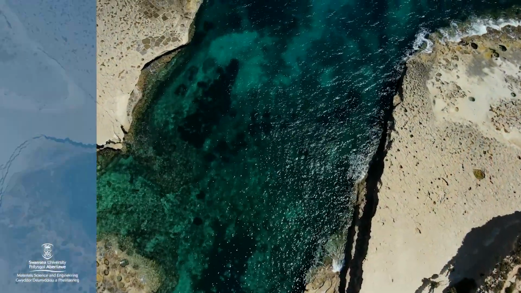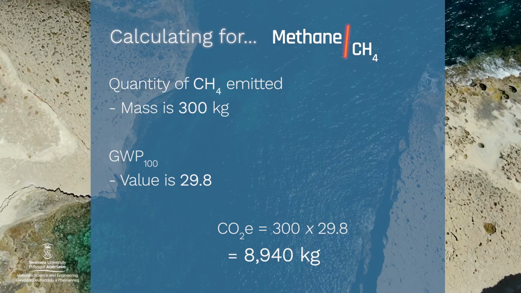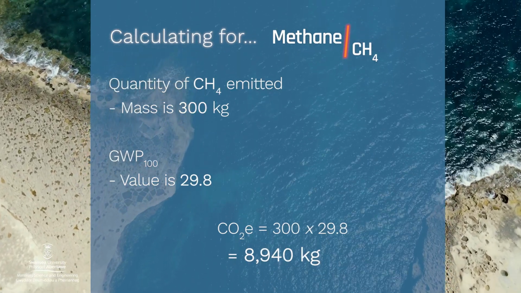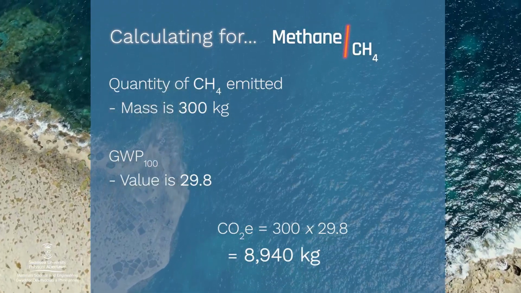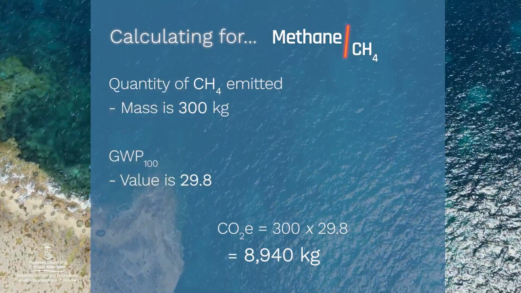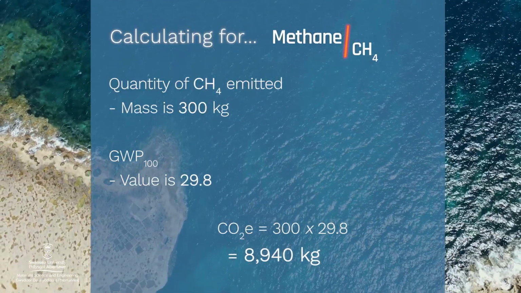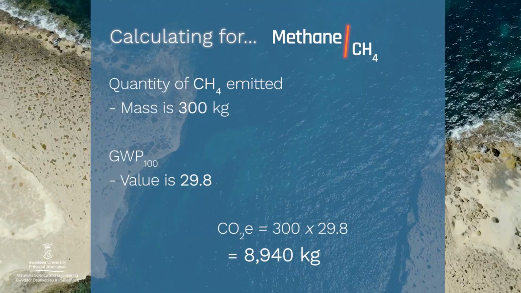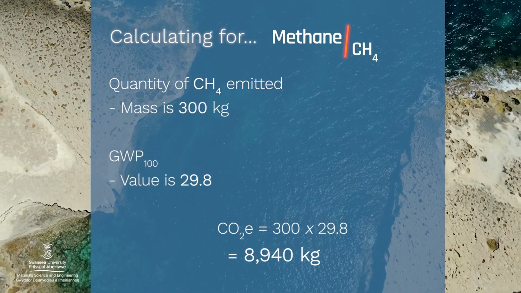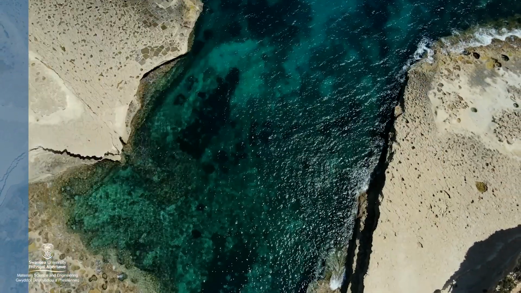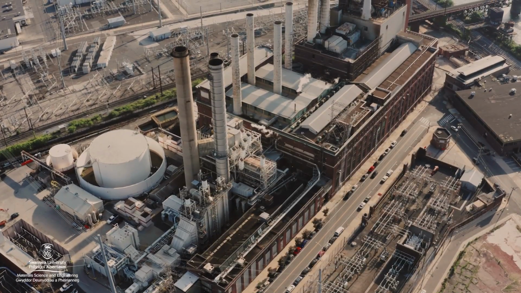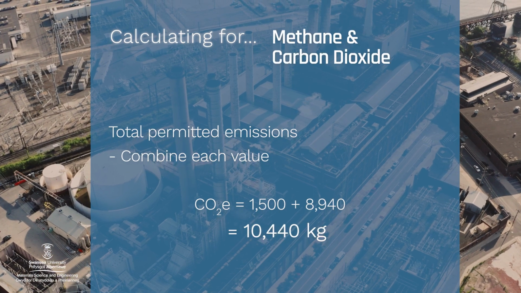Straightforward enough. Let's take another example, this time using methane, CH4. Say 300 kilograms of methane has been emitted, and its GWP 100 value is 29.8. This yields a CO2 equivalent of 8,940 kilograms. If an industrial operation happened to emit exclusively carbon dioxide and methane, then those two values could be